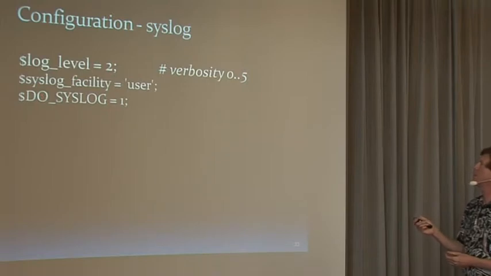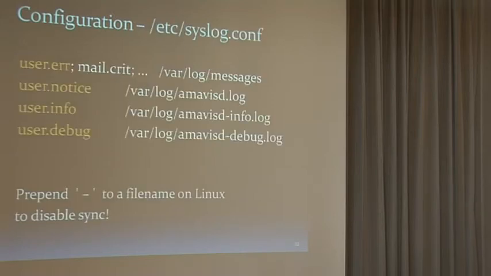Turn on syslog, specify syslog facility, and in the syslog you are free to use its own configuration mechanism to do some interesting stuff. For example, I tend to keep all my long-term data, which is level 0, only the main log entries,